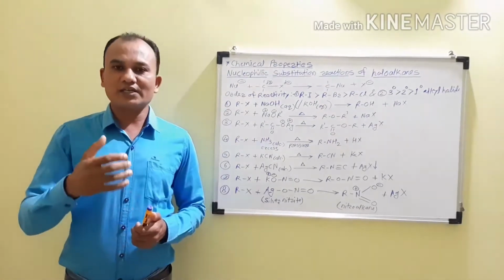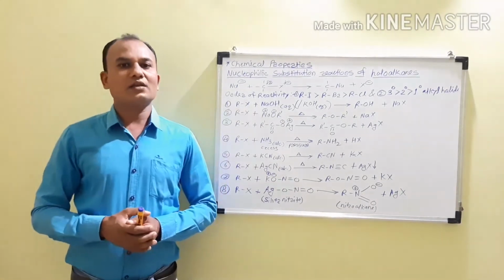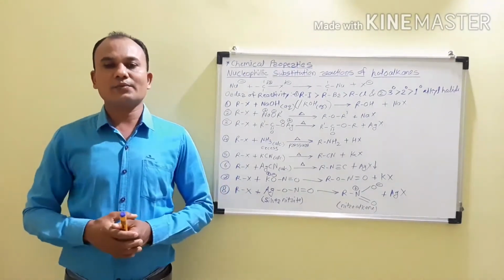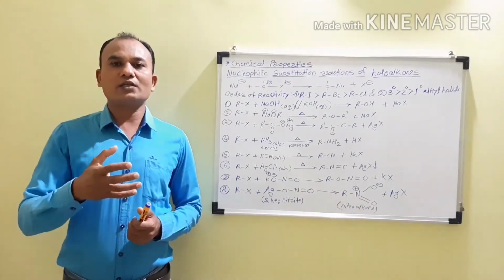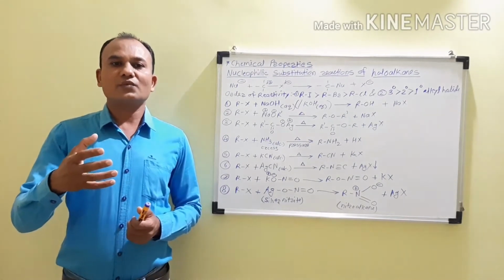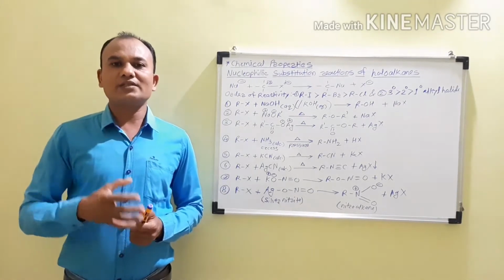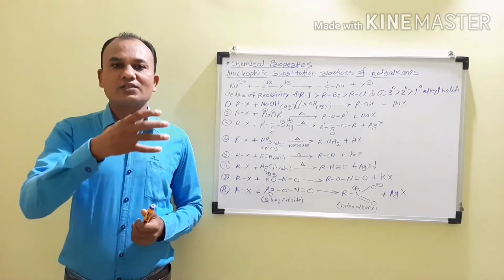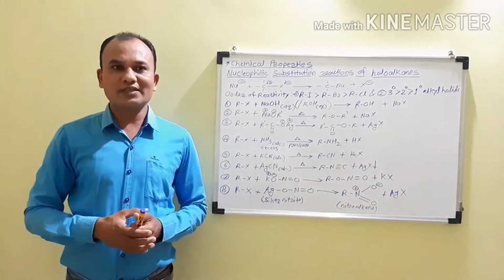The next type of reagent is the electrophilic reagents, which are also called electrophiles. The meaning of electrophiles is that these are electron loving. Now an electron carries a negative charge, so these are the species which attack on the negative center. It means these are loving a negatively charged center and therefore they attack on the negative center.